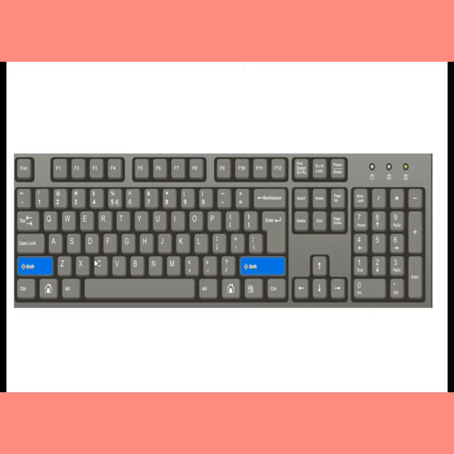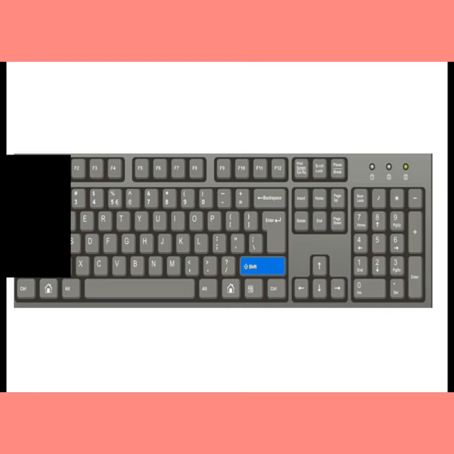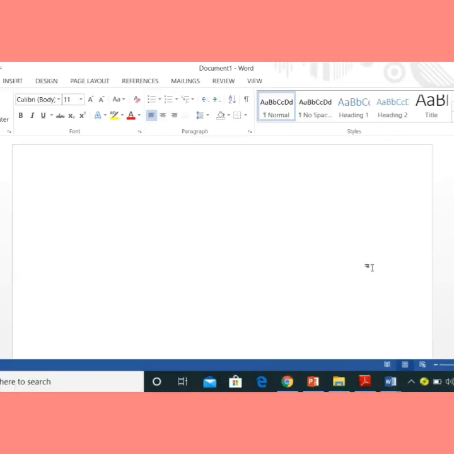Now I am showing you practically the uses of the shift key, enter key, caps lock key, and space bar key by practical demonstration, okay? Now see students, this is my Word window where I can type. In the last class, I also showed you how we can type on the computer by using the alphabet keys for writing any word or sentence. I can use the alphabet keys for writing any word, and the numeric keys for writing any number. In the last class, I had shown you all this. Now, today I want to show you the uses of the special keys one by one.